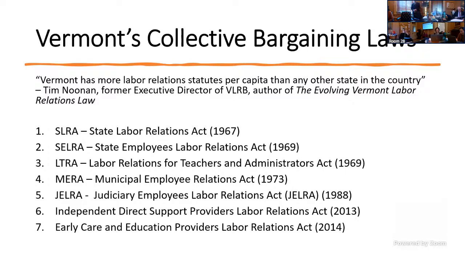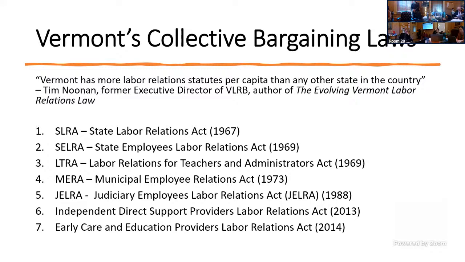So I just flag that these statutes all have their own slightly different approaches. Under the State Employees Labor Relations Act, if you hit impasse, you go to mediation, fact finding, and then arbitration, whether it comes to the Labor Relations Board or an arbitrator. Again, you would look at the last best offer of either the union or management, but under that particular statute, the Labor Relations Board or the arbitrator can also look at the fact finder's report. If neither of the parties' last best offer seems a good option, they can look at the fact finder's report.